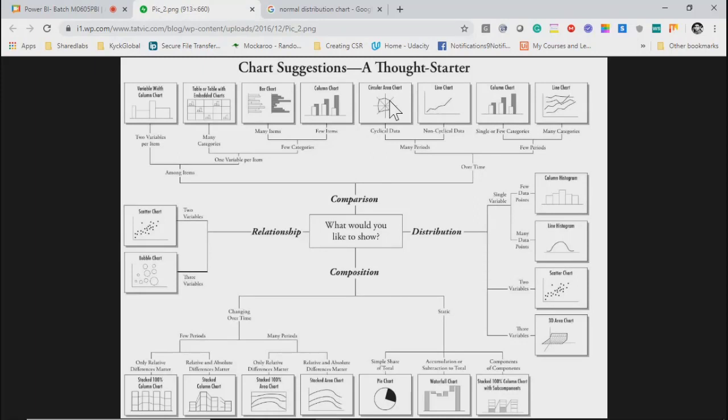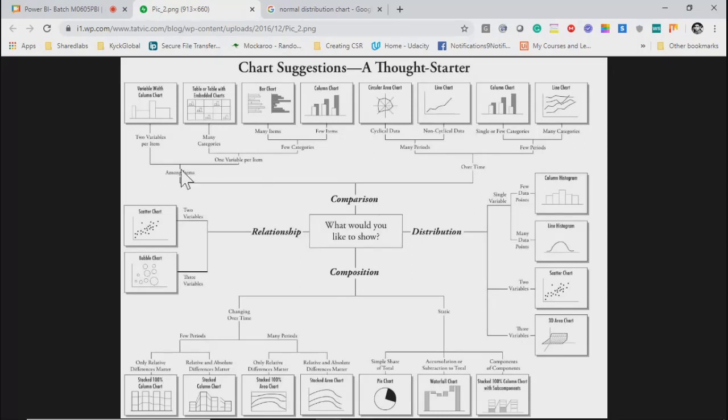So before creating any particular chart, or let's say you just learned a new chart and you are representing that, you need to know how to explain that or how to understand the data out of it, because you can learn and create something, but what is the significance of that chart, right? You need to make other users also understand.